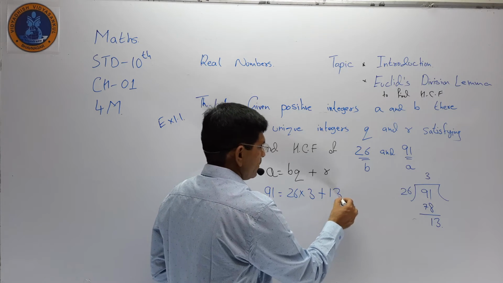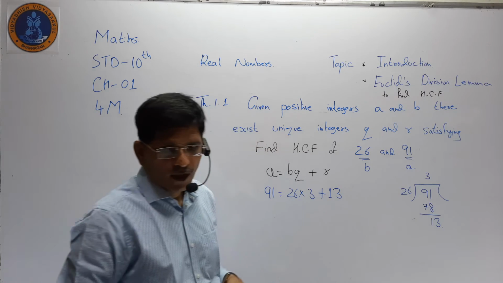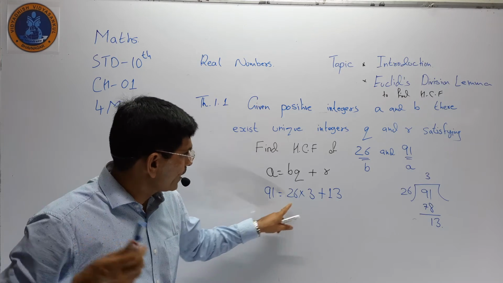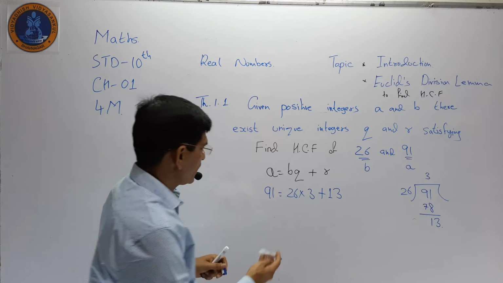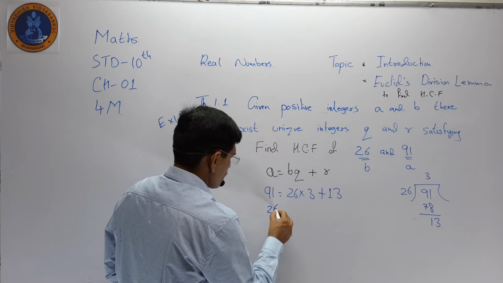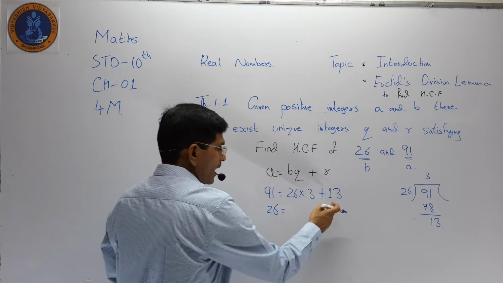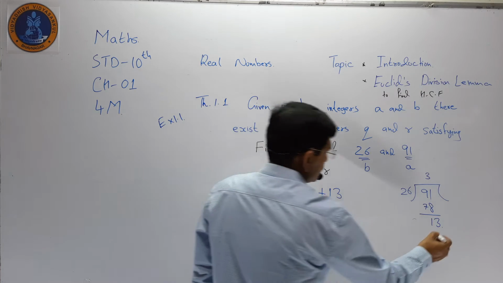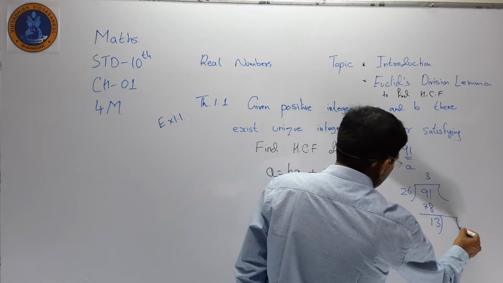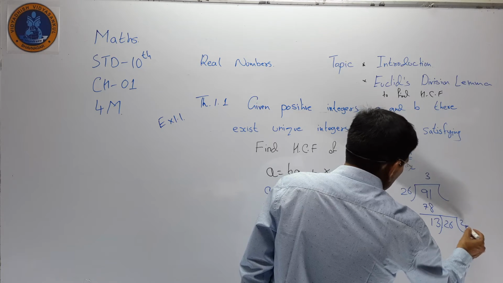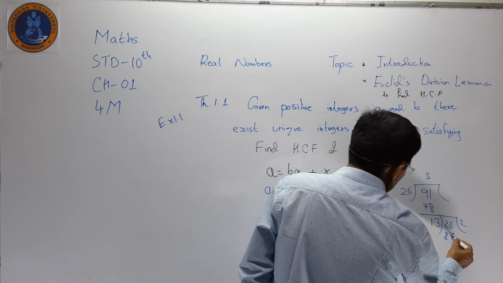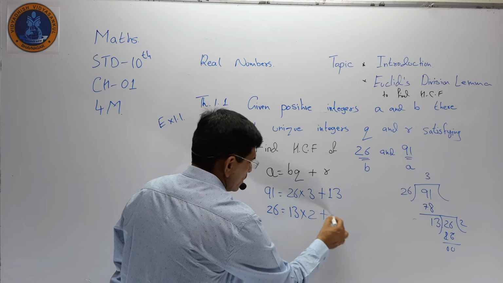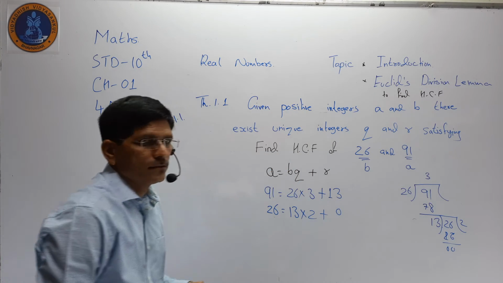What is the next step? I have to write 26 here. So that is 26. What is the R that I have to write here? Again, we can do it by 2s are 26, 0. So 2s are here 0.